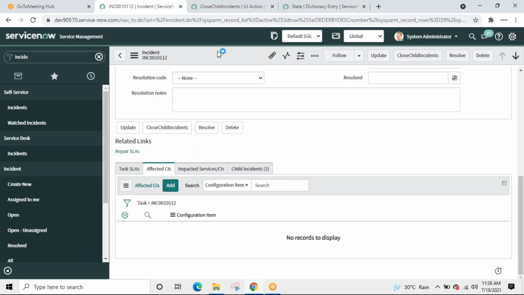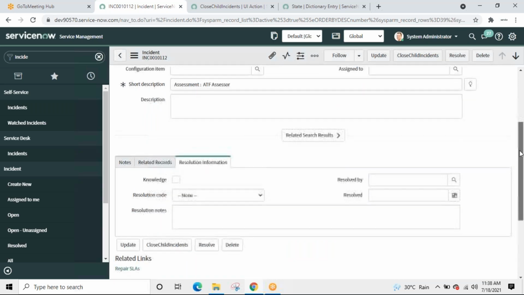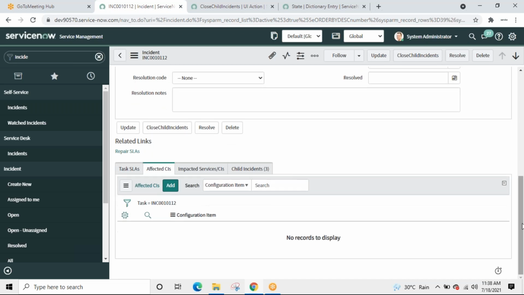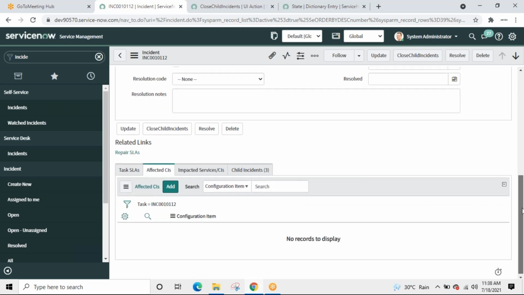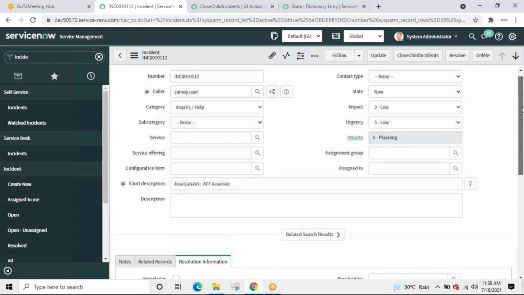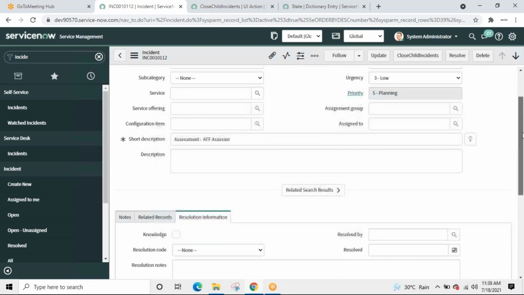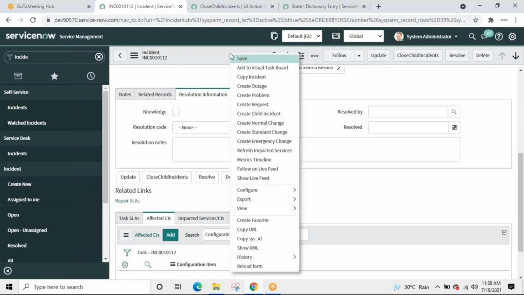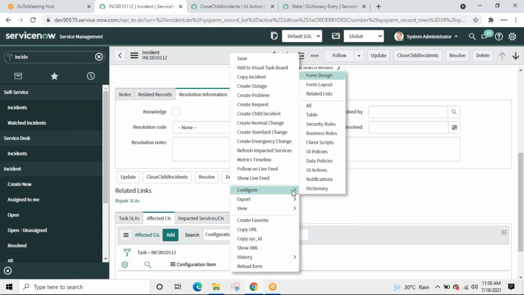Related list. Let me try to bring first. Let us first check. Where did I check initially? There was some list over here, correct? Where is that? There was a kind of list over here. Configure related list.